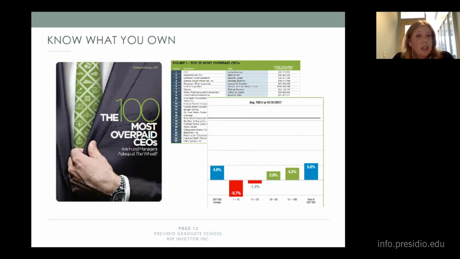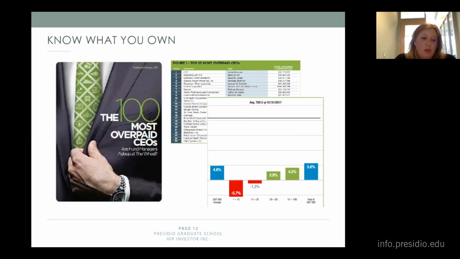So this was an exciting year for us to do that, since it was the third year that we did that. You can see with the chart here, we were able to look not just at the numbers for this year, but over time. And we did confirm that companies with CEO pay that's out of line with their peers could be a major drag on shareholder value.